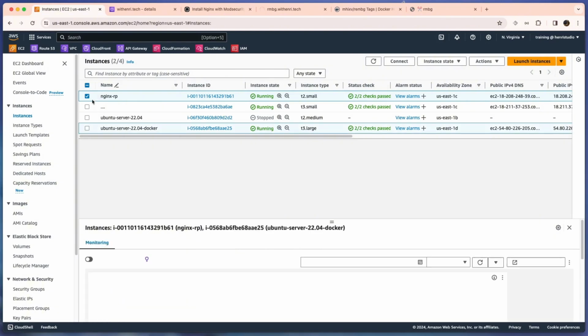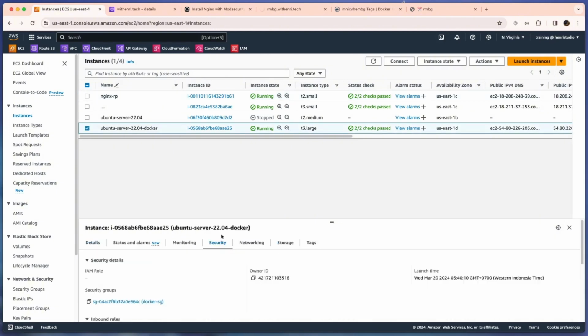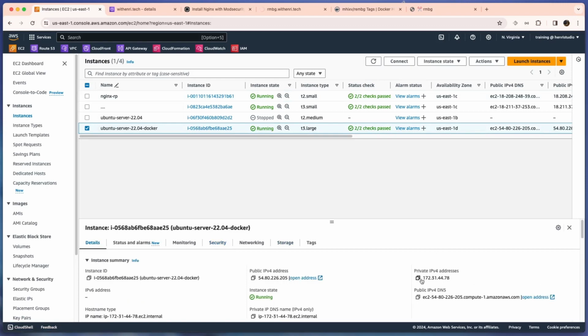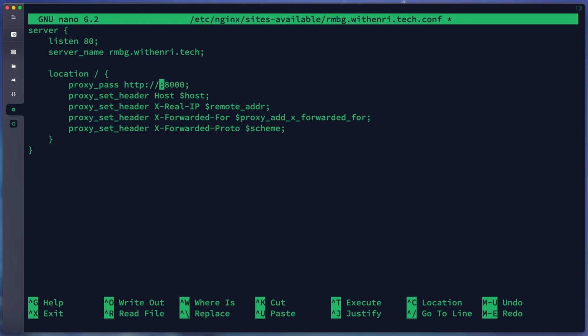We'll copy the private IP, this one, on port 8000. So this is it.